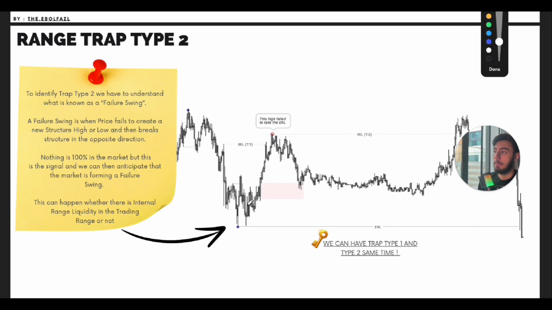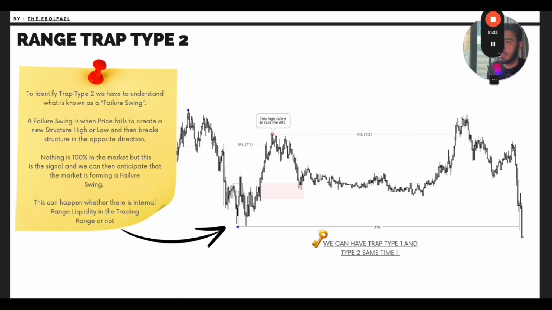This can happen whether or not there is internal liquidity in the trading range. So let's say we have a strong high here and a strong low here. The strong high formed, and the weak low formed here. You have the internal liquidity, you have a retracement, a break of market structure, and you have a swing high here, a swing high, a swing high, a swing high. You have a bunch of internal liquidity here. So now, as I told you, we don't know which one is going to be taken out, but just take a look at this example here.